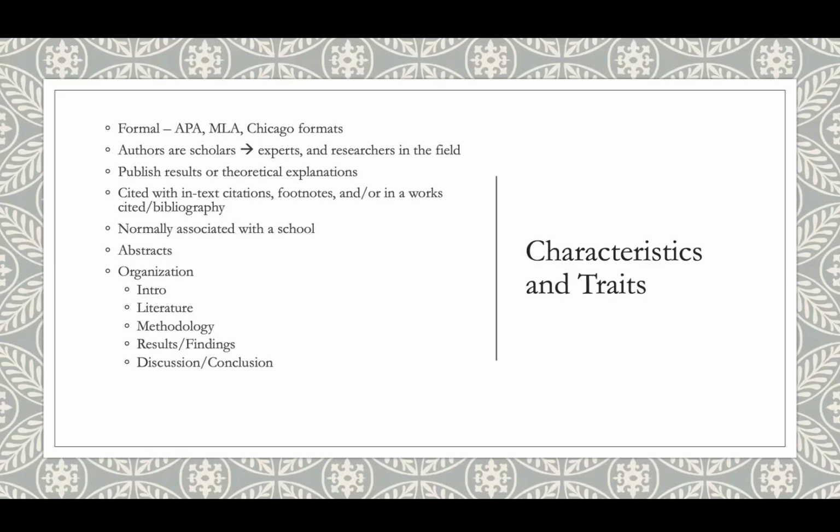Now, with the organization, this is the general organization of research studies in peer reviewed journals. So let me break that down, because you can sometimes have conceptual papers, and conceptual papers are ones that are using theory or just introducing a larger concept. Doesn't mean that they've actually conducted research, but they are still using previous research to inform their concept or their conceptual framework. In terms of the organization, though, if it's a research study, you'll see this format where you have the intro, the literature, the methodology, the findings, and the discussion and conclusion.